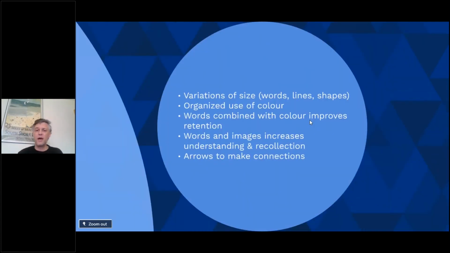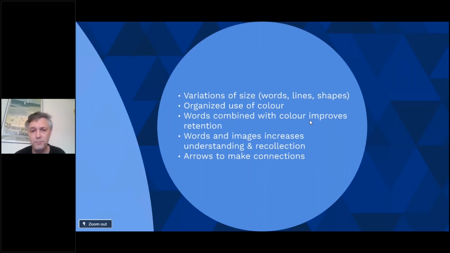So when looking at these design elements, to have effective concept maps, to have effective mind maps, you want to tap into that creativity that I mentioned before. Use variations of size, words, lines, shapes, the thickness of the lines. Use color in some way, but don't get bogged down by the color. Use it in a way that makes sense to you. Group it in a way that's visually appealing and connective to your own mind, your own ideas,